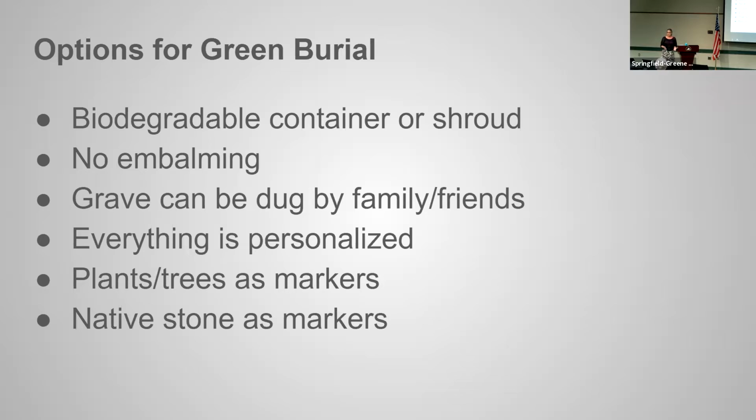It's the choice of the person who is paying for your services, but there are a lot of different ways that you can slow down that decomposition and still have a decent viewing and still have a fairly natural burial without having to be embalmed. So that's going to take a lot of education on our parts as well, because a lot of people think you have to be embalmed. You really don't. And you also don't have to be buried within 24 hours. There are ways that the body can be preserved for a little bit more time to give you a chance to